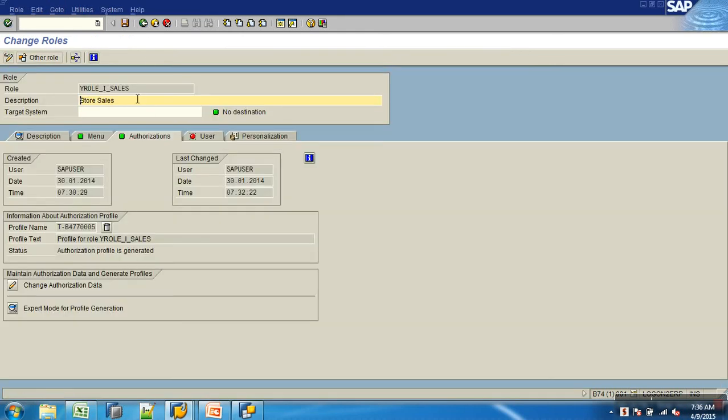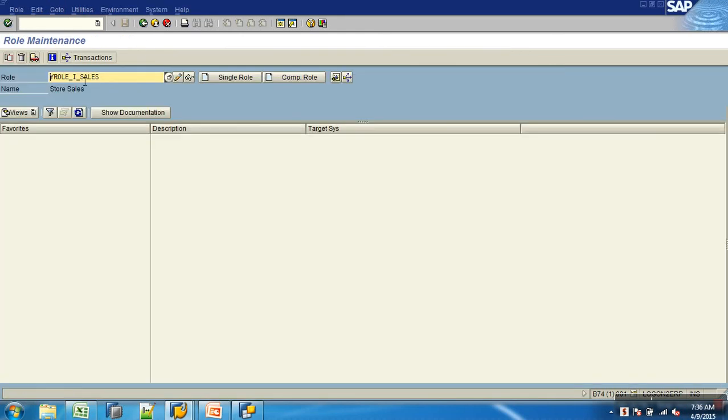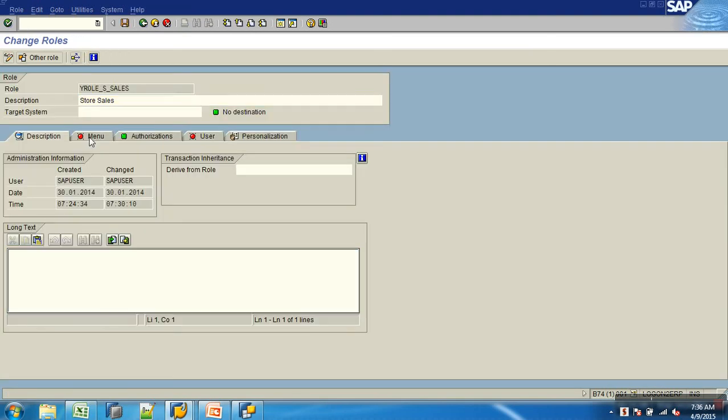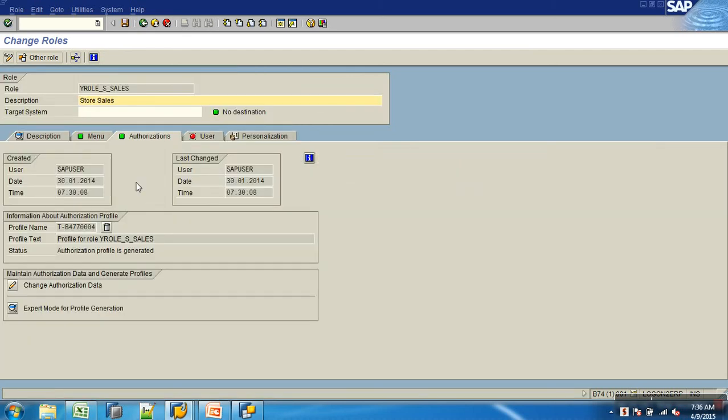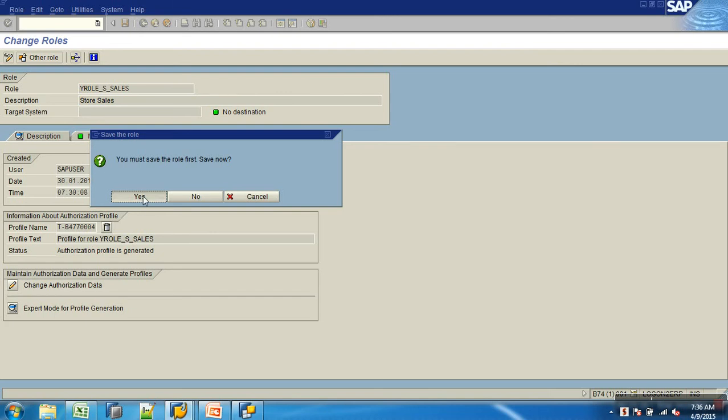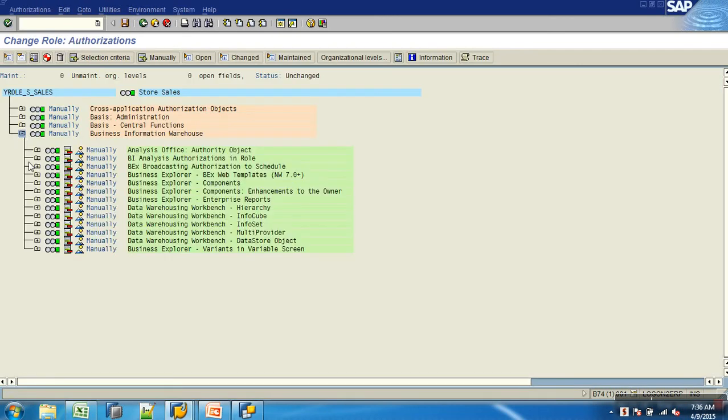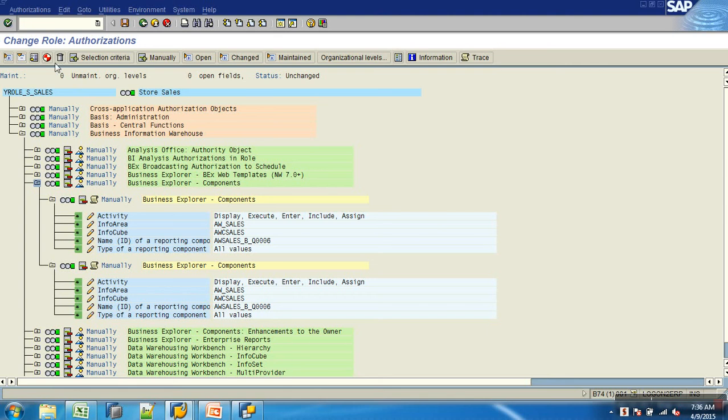I just have to change it the same way for S also. When the T code is assigned, there is one more entry coming up. I am just changing it. RSRT assign transaction. Done. Okay.